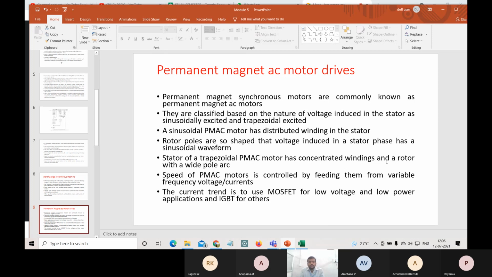Okay. So this is about the construction: the stator and rotor of a PMAC motor, sinusoidal PMAC motor and trapezoidal PMAC motor. Similarly, the speed of a PMAC motor is controlled by feeding from variable frequency voltages or currents. So the permanent magnet motor, its speed will be controlled